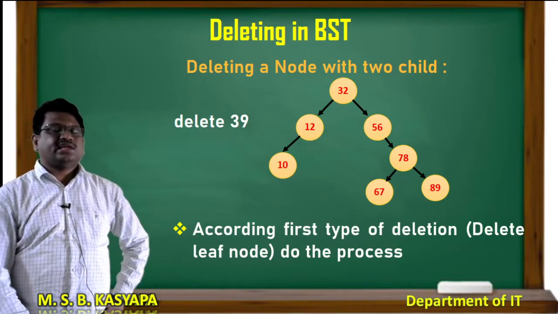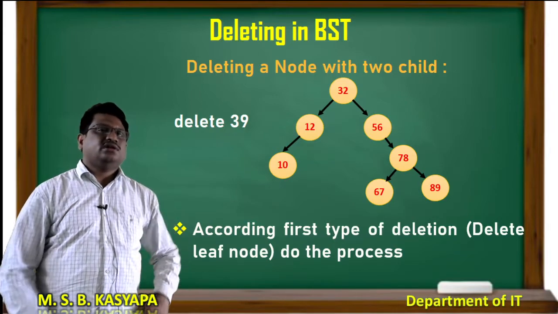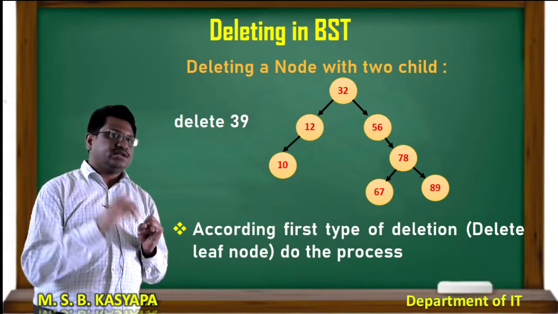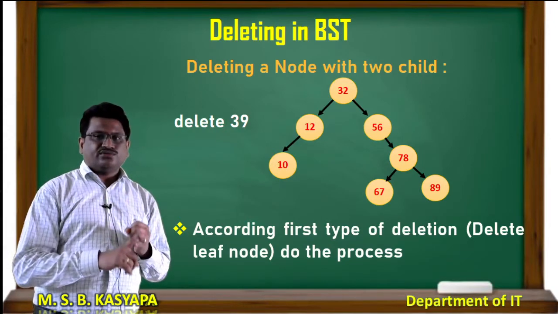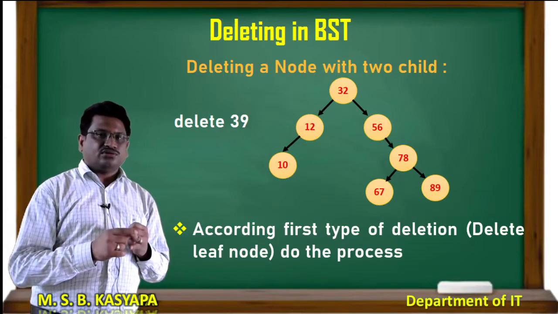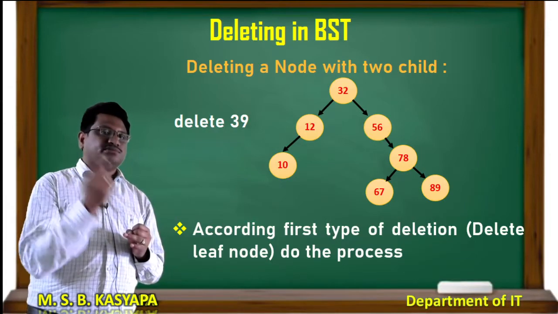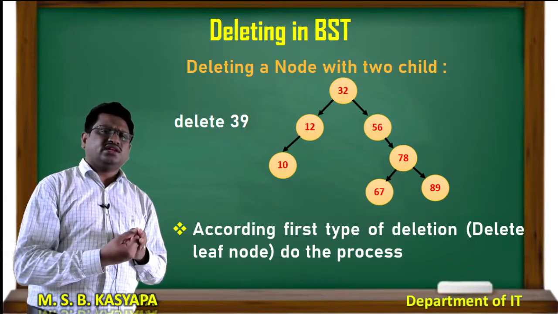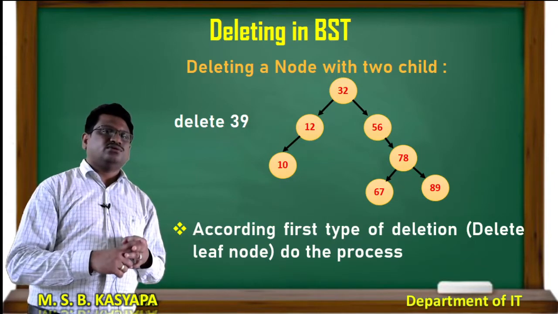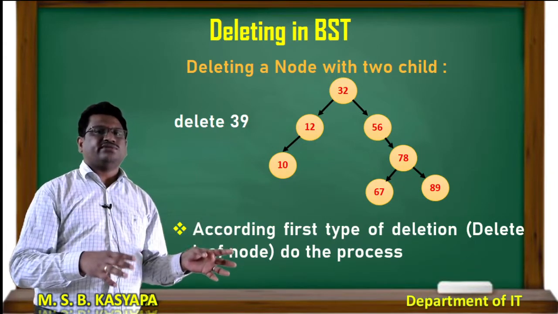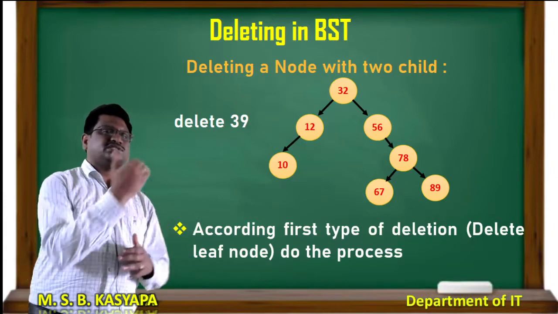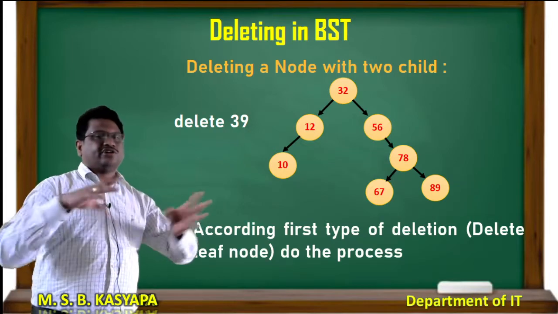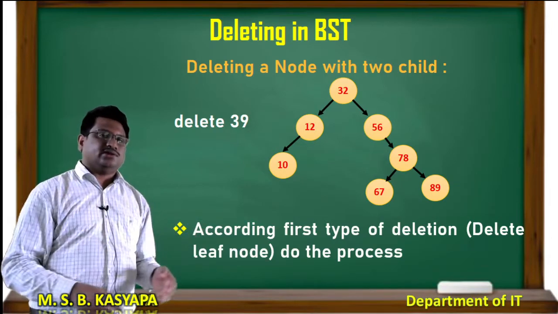Okay. So, like this I have to delete a value. How to delete? There are three ways: deleting a leaf node, which I directly delete; deleting a node having only one child, where I establish a connection between the child node and parent node; and deleting a node having two children. How to do it? First I have to find the replacement value. After finding the value, I have to replace the values. After replacing, it can be converted into type 1 or type 2. According to the type, I will delete the value.